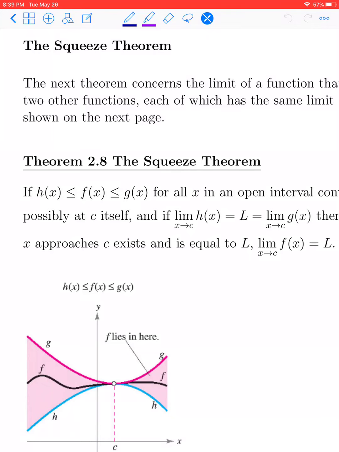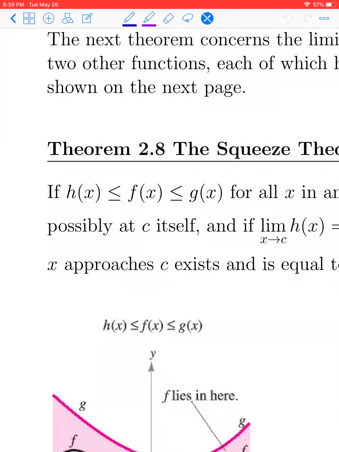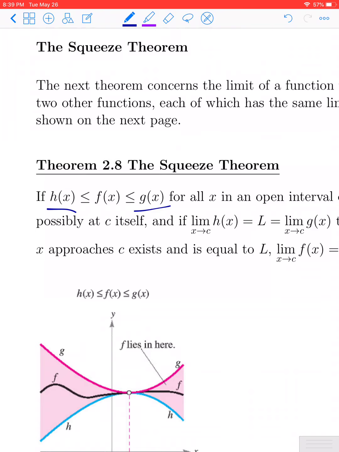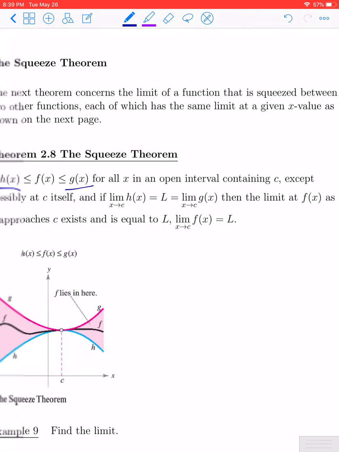The next result we're going to look at is what's referred to as the Squeeze Theorem. Some people also refer to it as the Sandwich Theorem. And it says the following. Let's suppose that we have a function f of x that's bounded below by a function h of x and above by a function g of x. So if f of x satisfies this inequality for all x in some open interval containing the point c, except